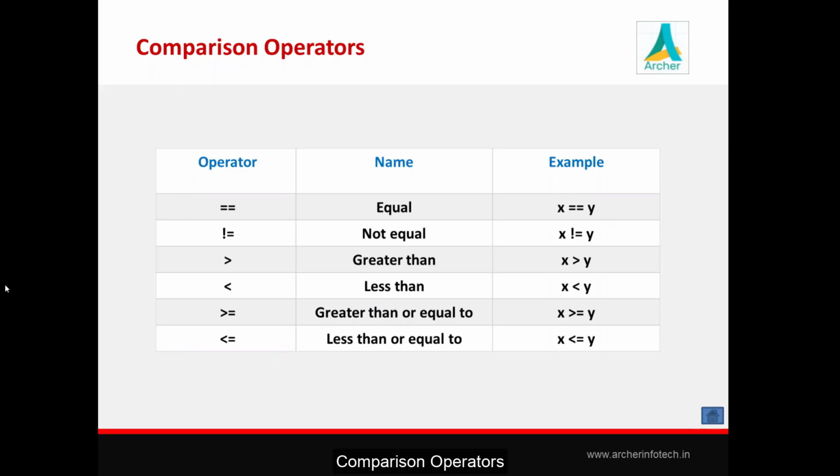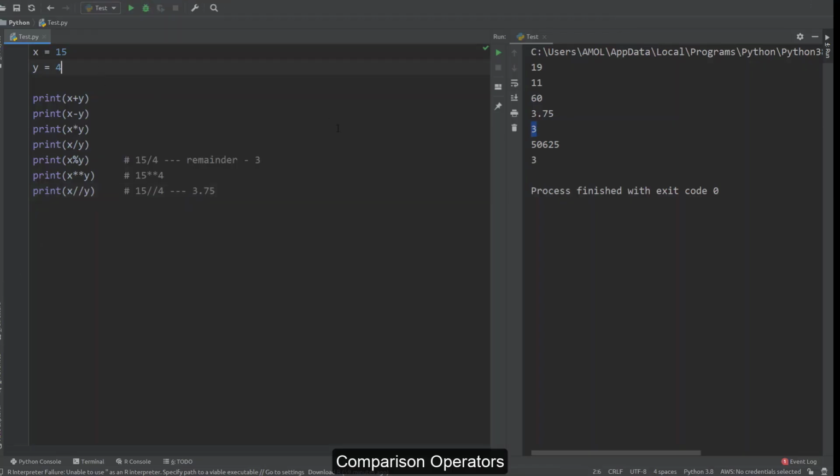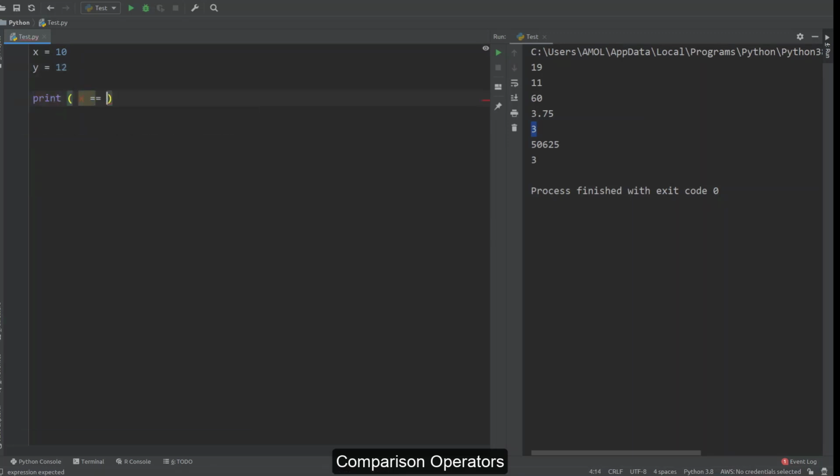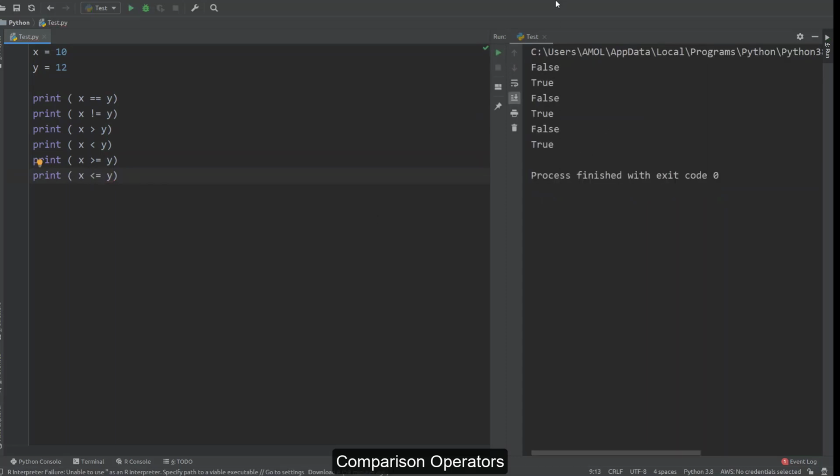Quite straightforward, but we'll still work it out. Here we take x as 10 and y as 12, and print the result of all these operations. As mentioned, the result will be true or false. Just execute this code and you'll get true or false outcomes.